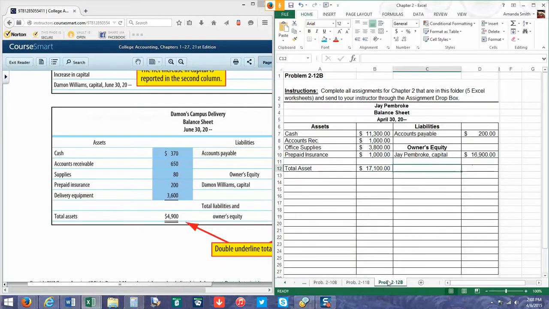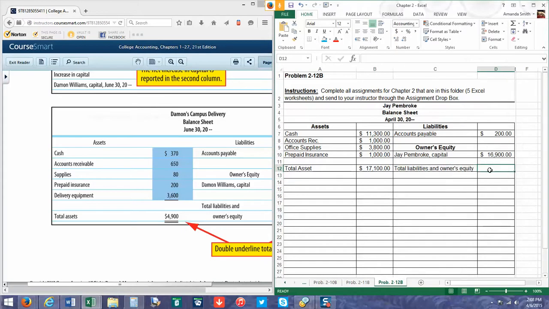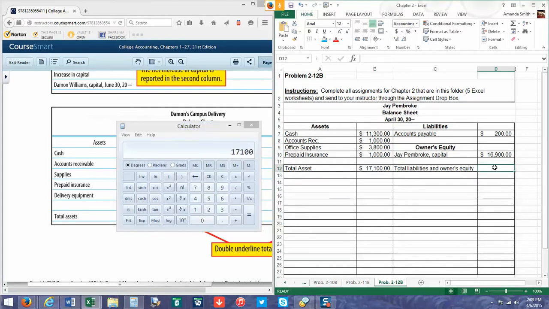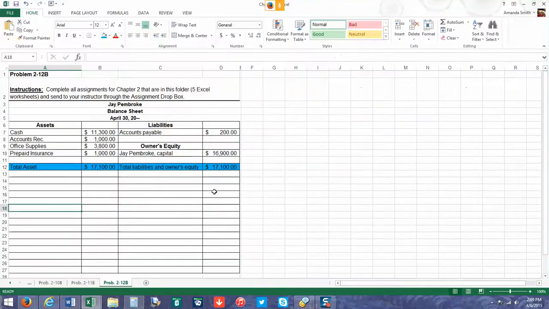Then we're going to have our total liabilities and owner's equity. So I'm just going to make the column a little wider. Then we're going to add those two amounts together. So we're going to have 200 plus 16,900, which is 17,100. If these two amounts do not match, then you know you've done something wrong. If you are struggling, feel free to send me an email, send me your file, and ask me to look